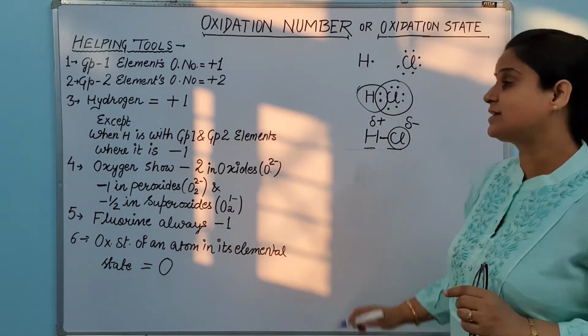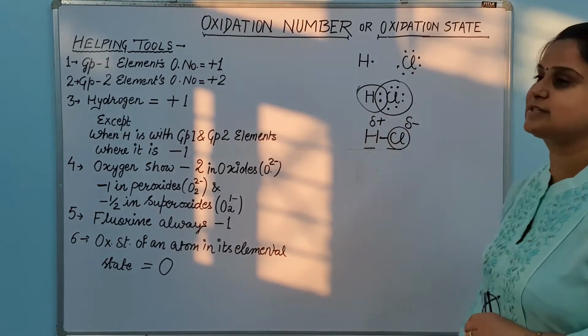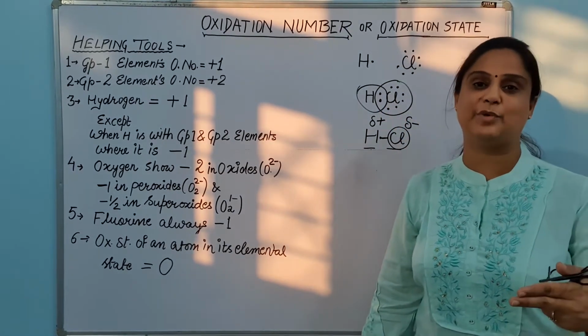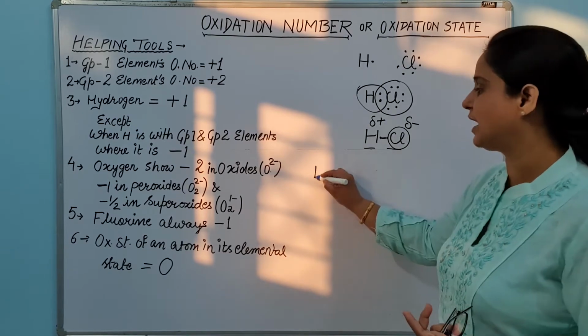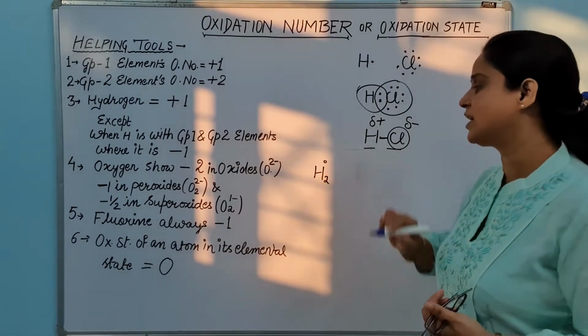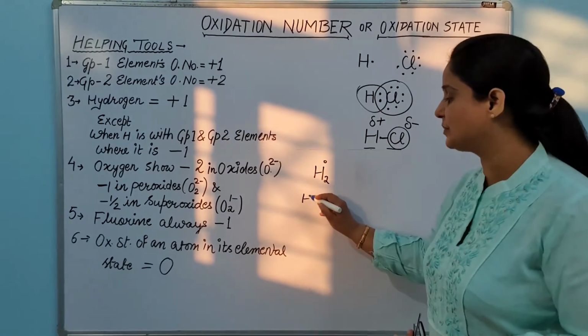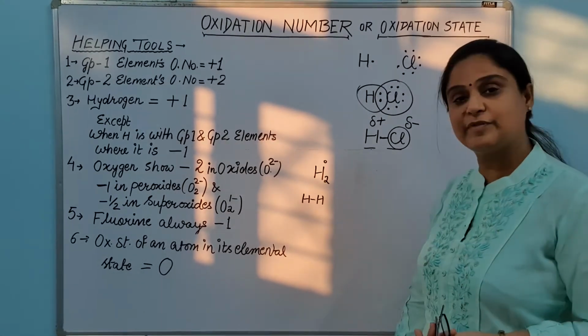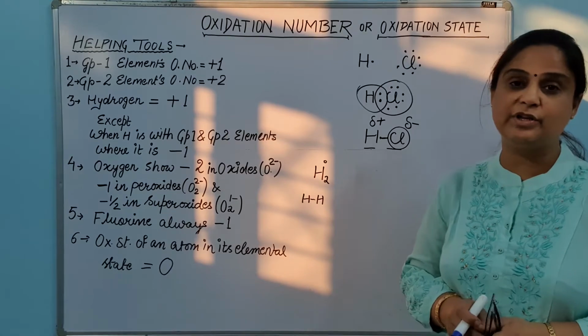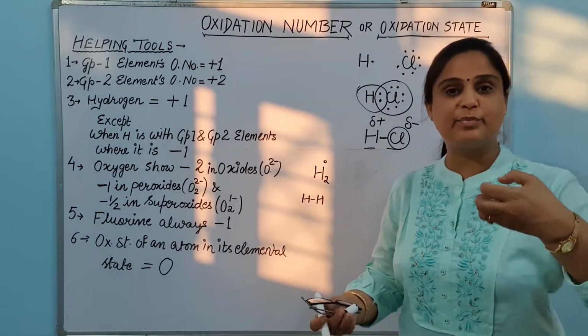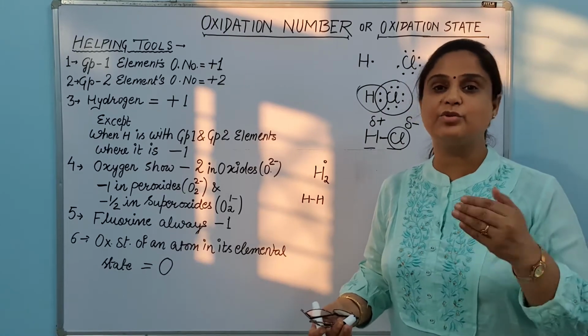Okay, so this is called the oxidation state of an element, the condition of that element in that molecule. Otherwise, it was a simple hydrogen molecule having no charge in it, because it is connected with its family members. For example, H was connected with H before to make the hydrogen molecule. Because hydrogen and hydrogen are from the same family, they are not pulling or pushing their electrons to any side.